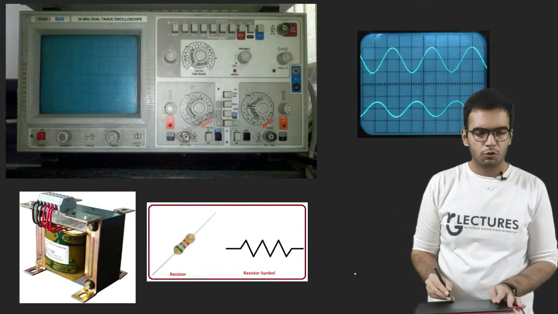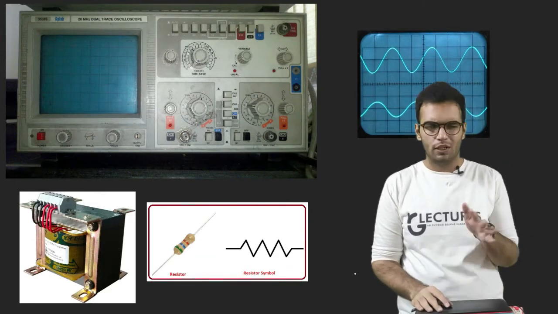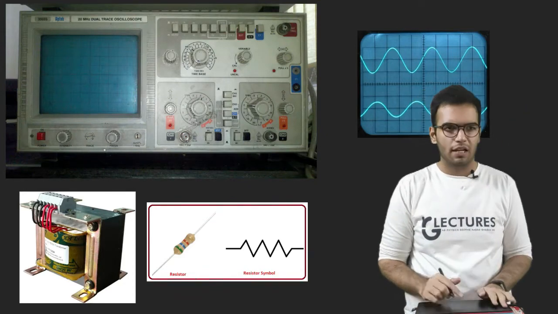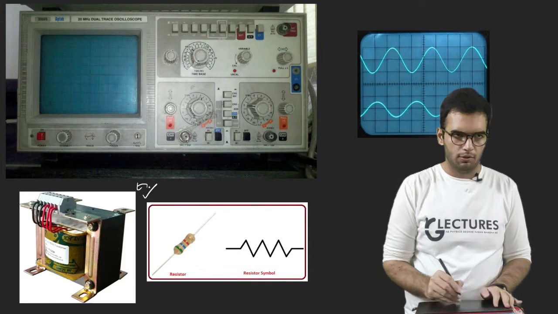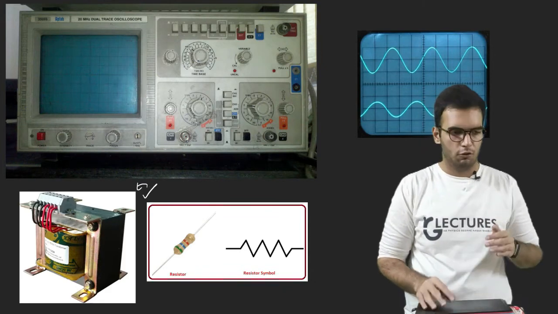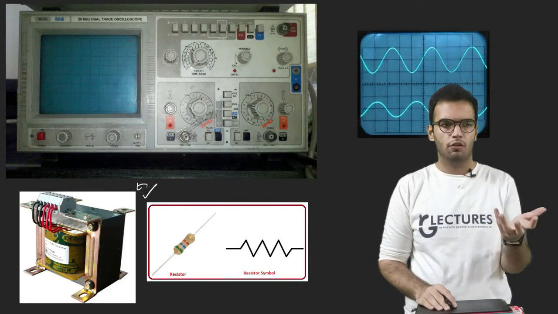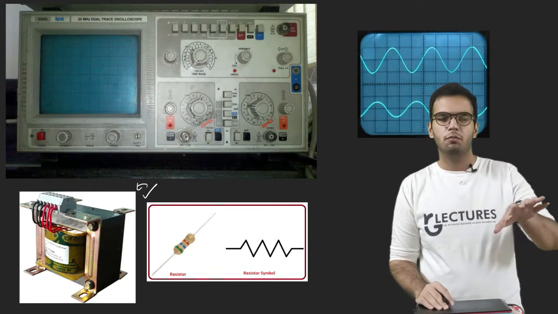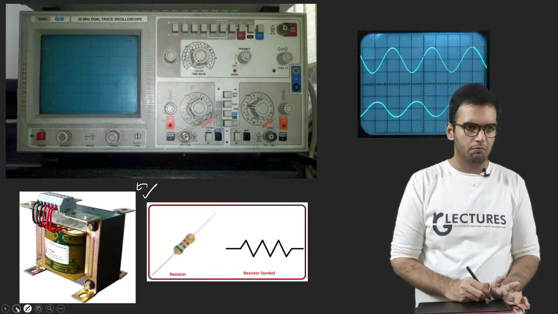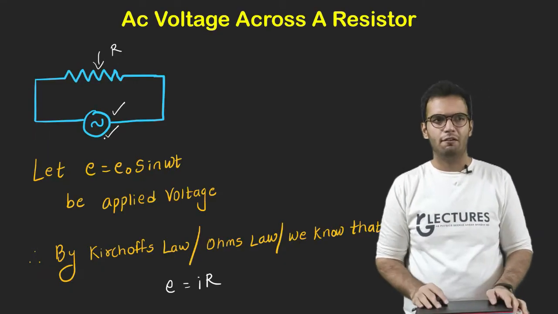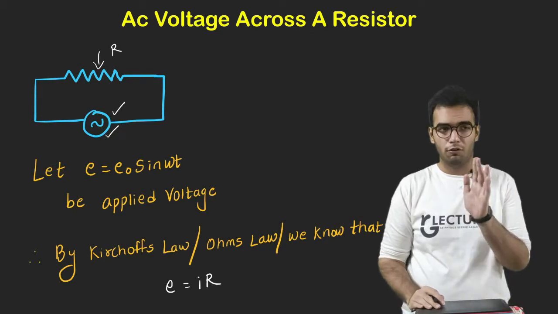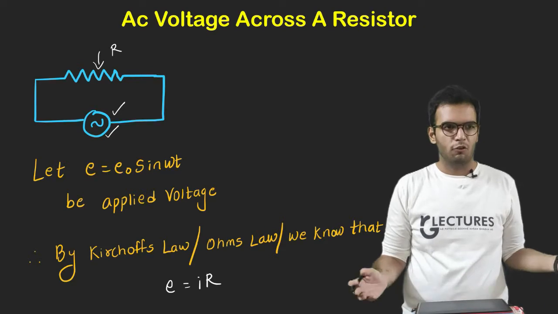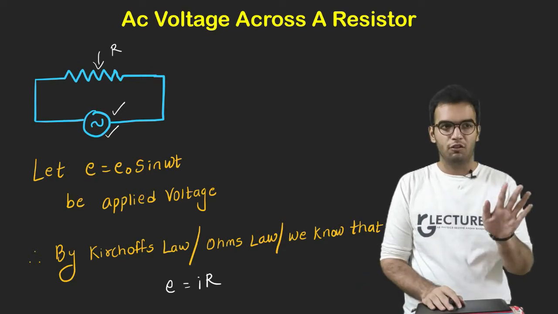First of all, the voltage which we get at our home is somewhat 220 volt, we assume. So directly we cannot take a resistor and apply it there. We use a step down transformer so that our voltage will be reduced to some practical level. Then, after the step down transformer, we connect a circuit, and this is called a frequency generator, which I will explain in the LR and CR circuit, because this circuit is never connected in practical life, as there is no practical application of this circuit.